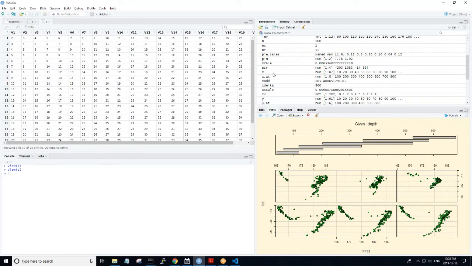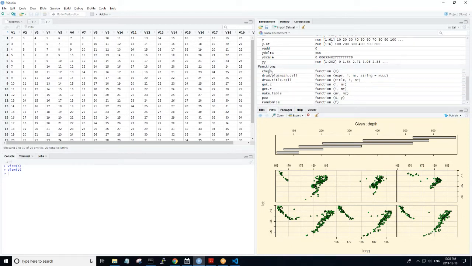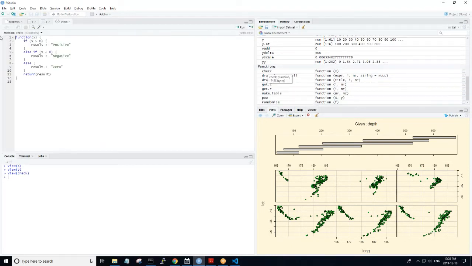For example, here's my X that I created before. I've got check as the function I created. If I double click on that, it'll actually take me to my function. So there are a number of what we might call convenience features for people who are working in this environment.